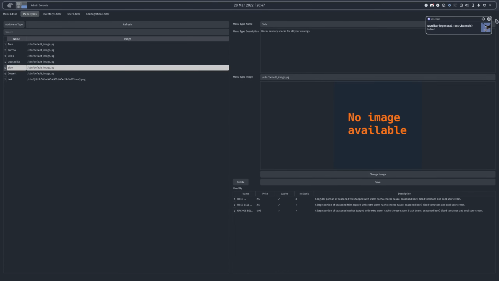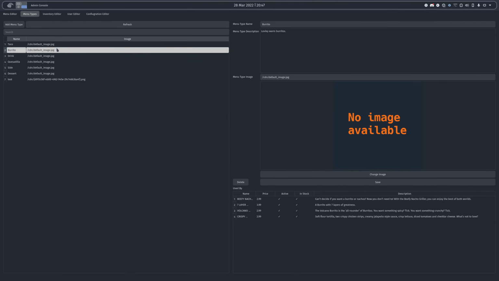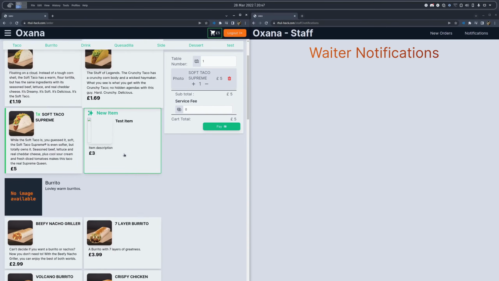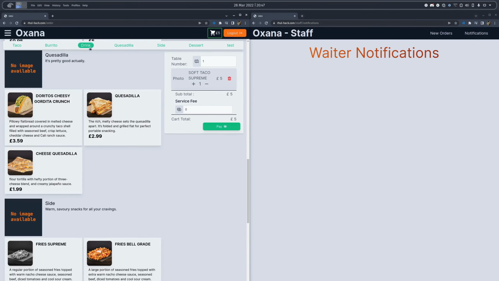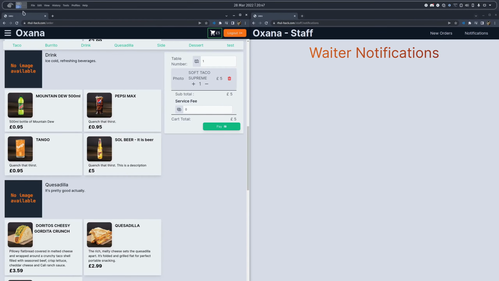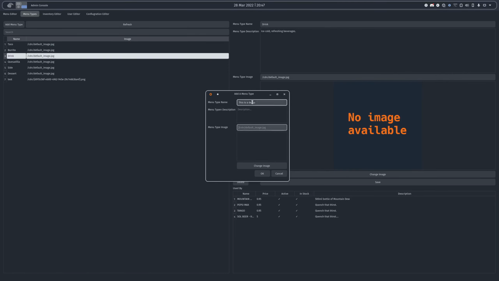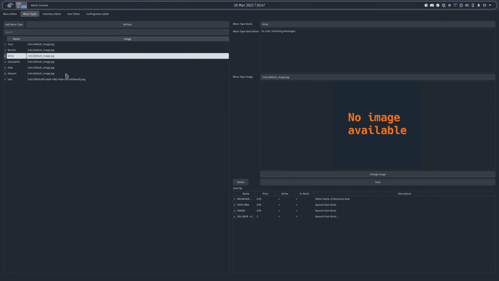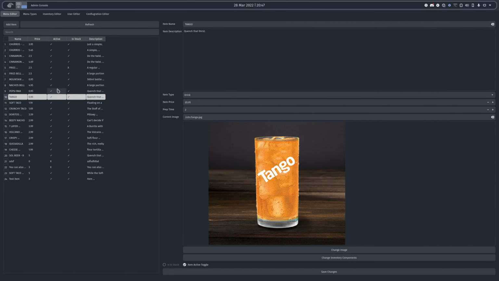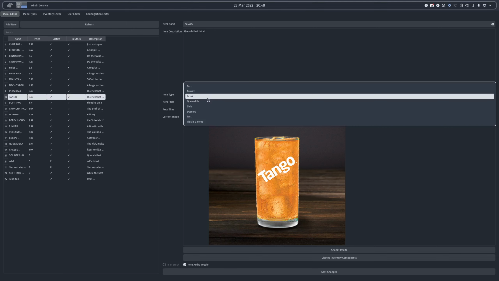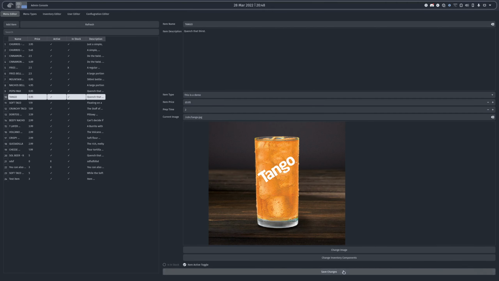We can do a lot of nice stuff on this admin console, from changing the menu types, and these are the tacos, the burritos, the drinks, the sections that you actually see in the front end up here, to creating new ones. So if I go ahead and add an item, let's say this is a demo for item, press OK. Now I'm just going to give it a second to write that to the database. What I'm going to do is change this Tango so that it is no longer in drinks, but it is in this demo. So if I save the changes now,